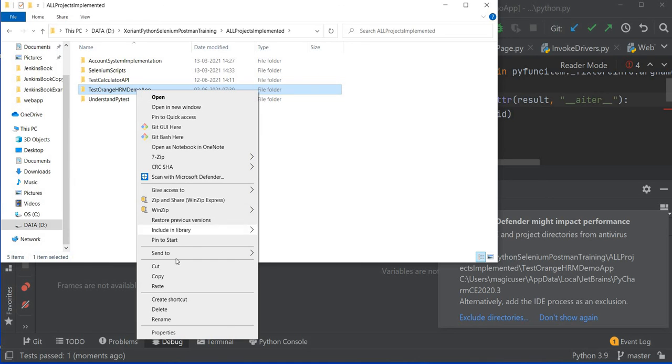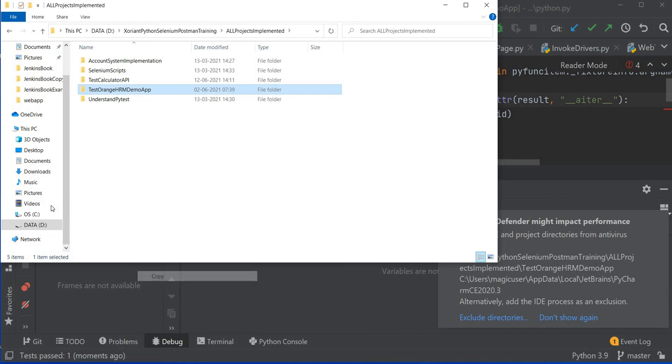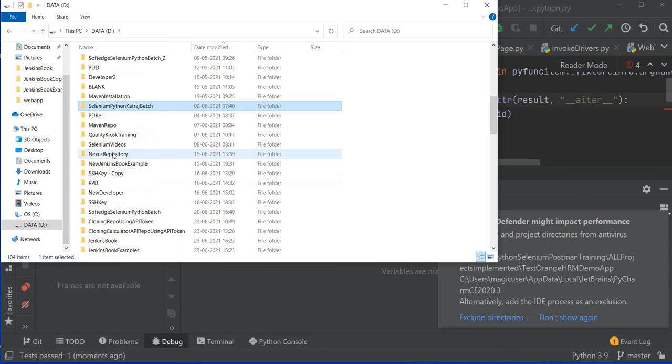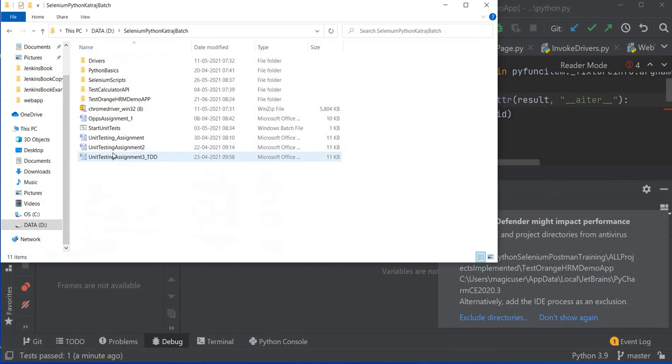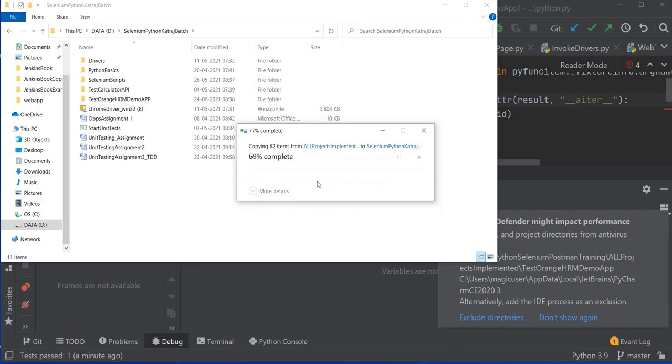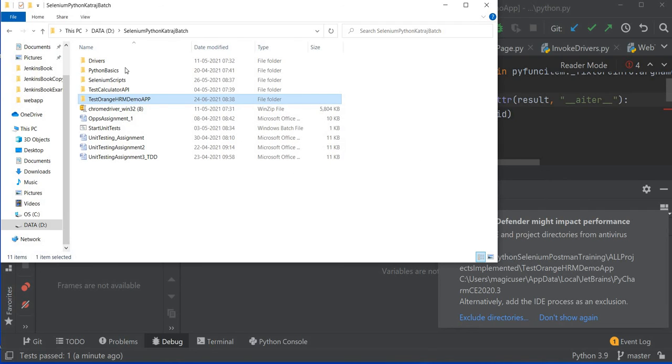What I'll do now is I'll just copy this, and our bash folder. Just a minute. Yeah. So I'll just put it here. I'm just replacing our project, right? So we have got the framework here. Now let me stop the recording.